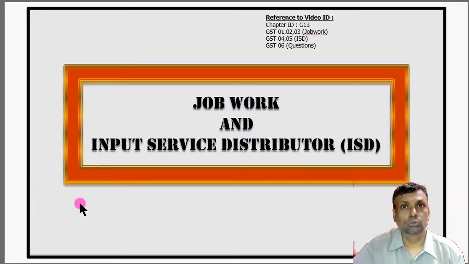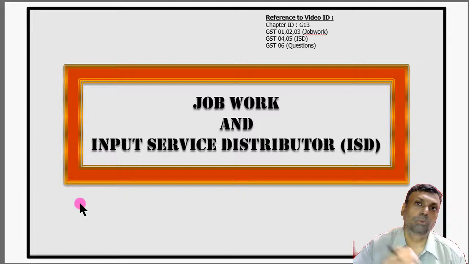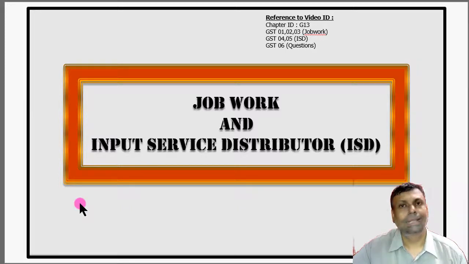We normally call it a bill to ship model. This kind of model is also accepted by GST in relation to the job worker. So the goods can be sent. The normal situation is that I will direct my supplier to deliver the goods to that address, which is my job worker's address, but to send the invoice to me because I'm going to pay the money. That means I am the real purchaser, but you send the goods to someone else. This transaction is accepted. Thereafter the job worker will process the goods, then send me the goods back, and thereafter I will sell it. So it's a very simple, straightforward transaction.